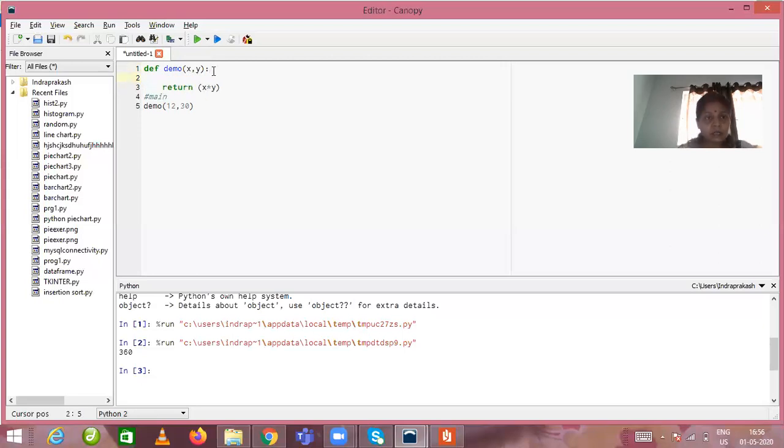If I take a separate variable, suppose result is equal to x multiplied by y, and I will return the result variable from here. So now, what is the use of this return statement? This is a very important statement, because whenever we require to use the values of a function in any other place, we have to return the values of the function by using this statement, correct?